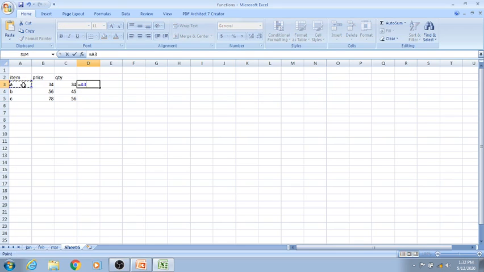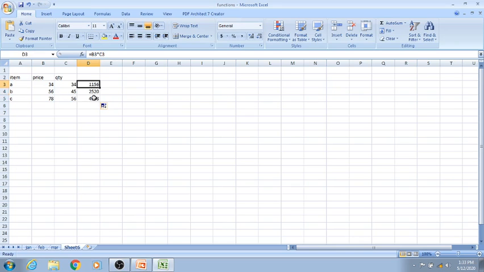This is the name, so we will not take this, we will take this. The price multiplied by the quantity. I have just clicked the mouse pointer and the cell address is already placed there. You can see that. Now press enter and drag it. See, here it is B3 into C3, here it is B4 into C4, and here it is B5 into C5.